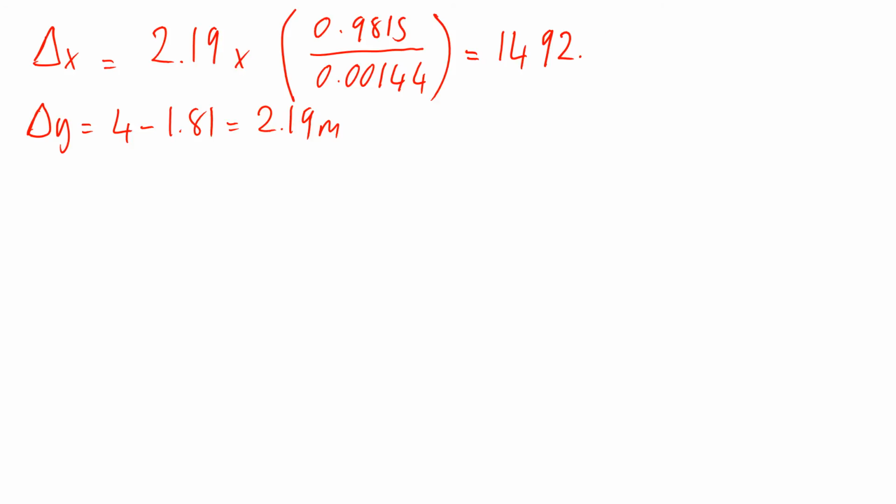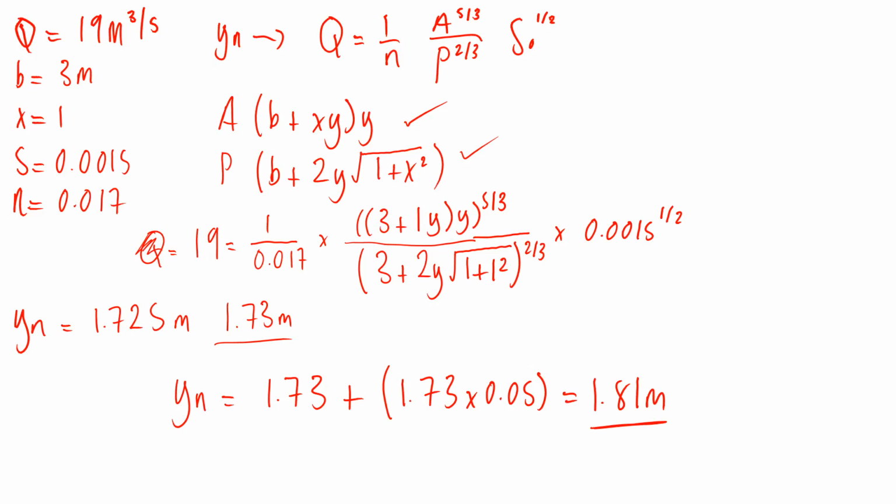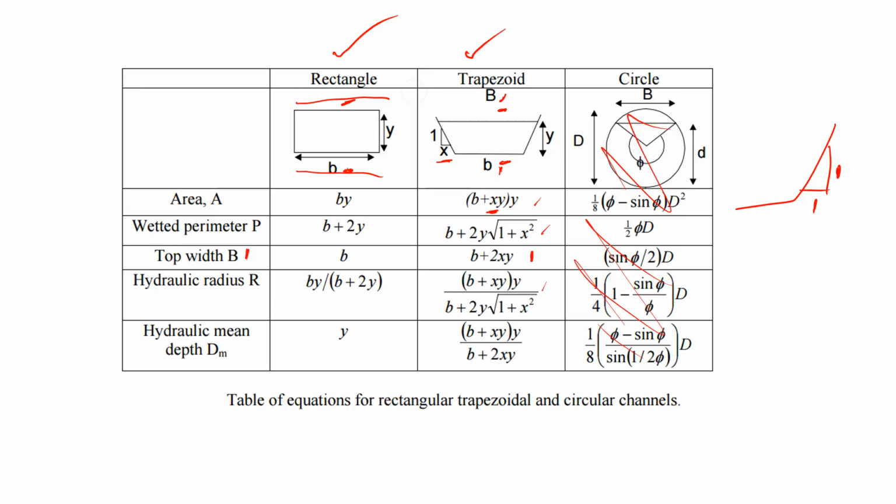So depending on how many decimal places you take after these values, you should get a value of around that. So it's saying 1,492 meters from the dam, the water depth will be 1.81 meters, so